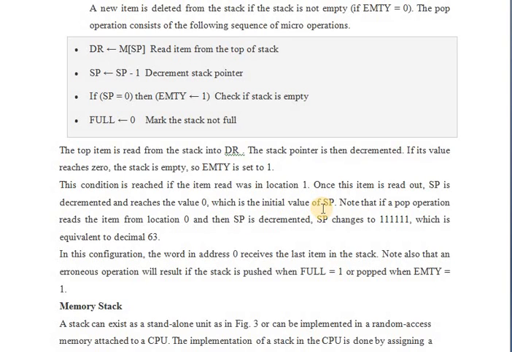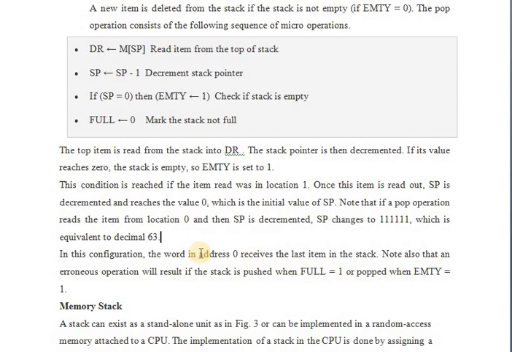Note that if a pop operation reads the item from location 0 and the pointer is then decremented, the stack pointer changes to all ones, which is equivalent to decimal 63. In this configuration, the word at address 0 receives the last item in the stack.